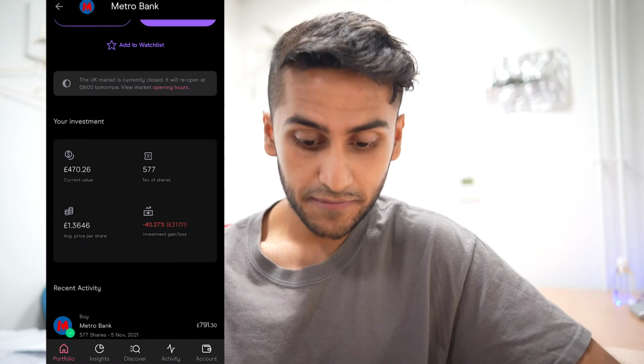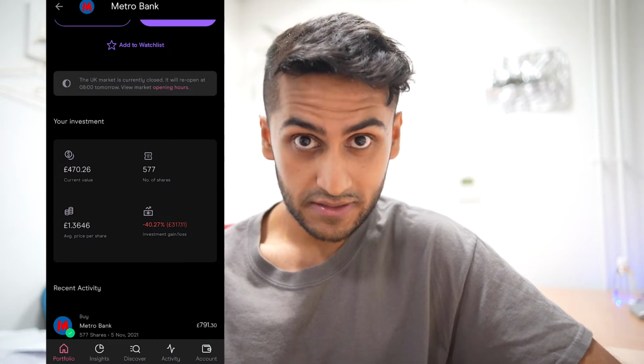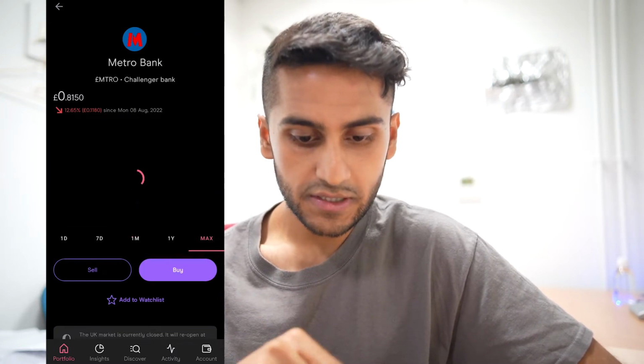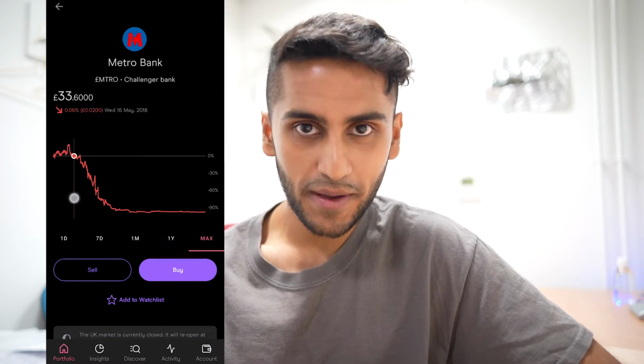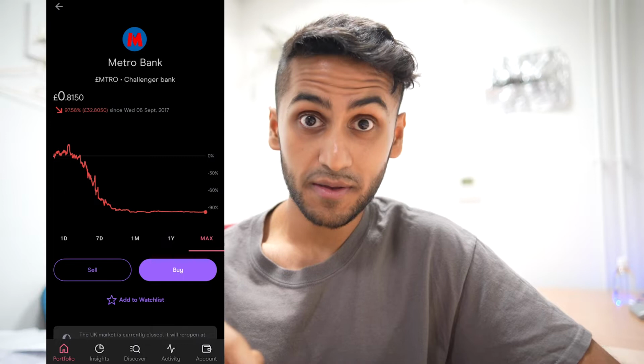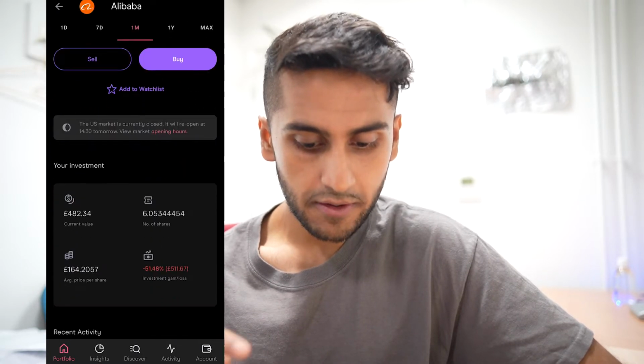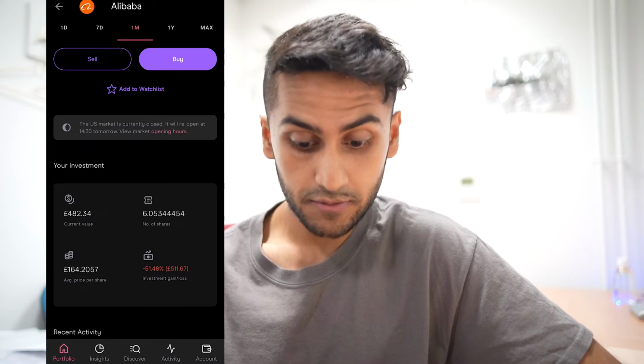Metro Bank is surprisingly another loser at minus 40%, £317 down. I do have hope in the future that Metro Bank will get their stuff together and can hopefully go back to their heydays of around £30. That would be amazing. So Alibaba is one that is also down by around 50%, so minus 51% with a